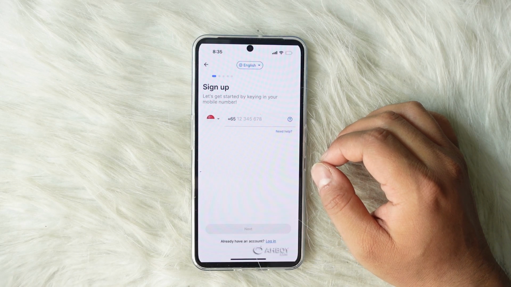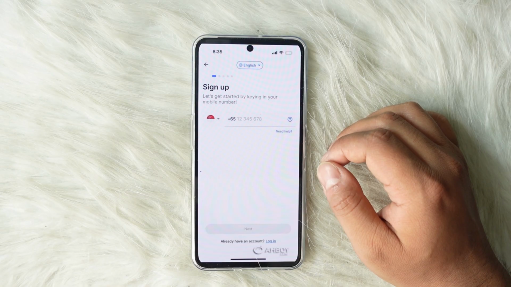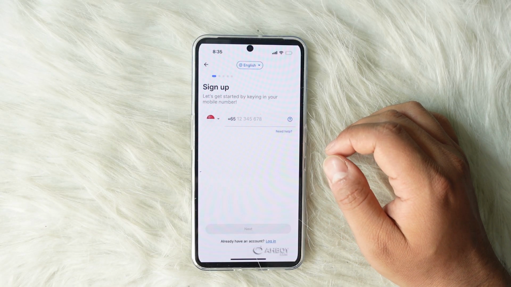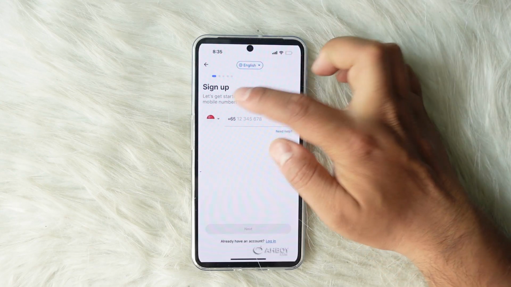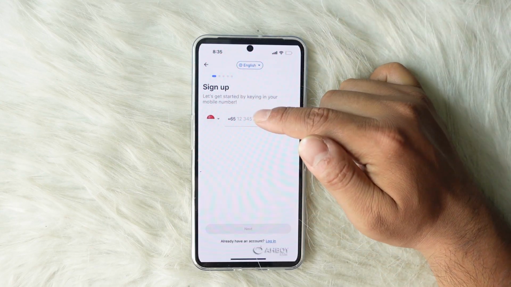Let me show you how to open a Touch 'n Go eWallet account. Now, in order to do this, make sure you download the Touch 'n Go application onto your mobile device, whether from the Play Store or the App Store. And once you open up the app and tap on the sign up option, you'll be able to